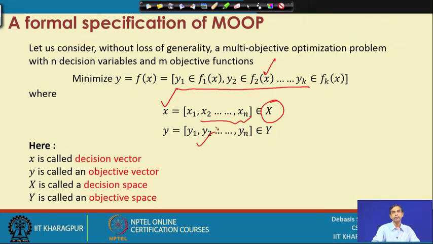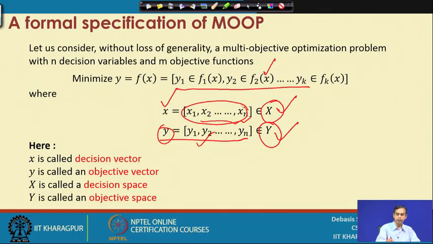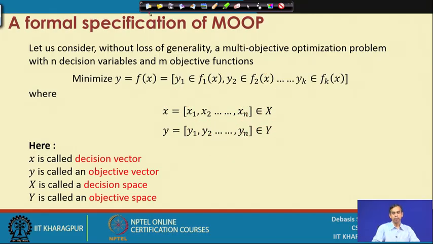So, all these objective values, the results as an output, will be in the domain called Y. So, x and y are the two domains: the input domain and the output domain. For some values of the design variables, it will produce these outputs. Now, more precisely, this x is called the decision vector, and all the small y1 and so on